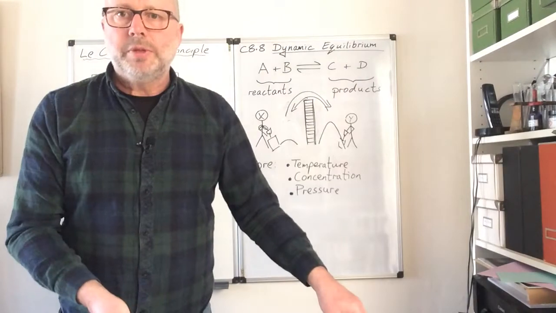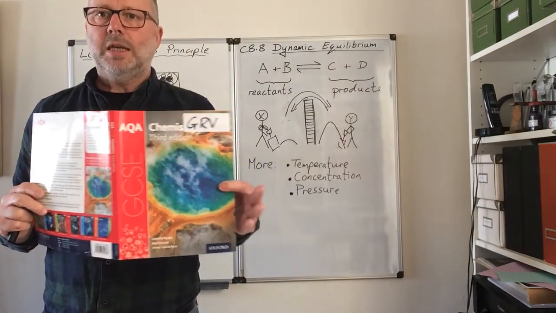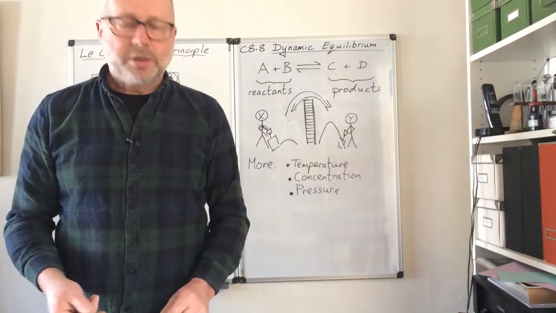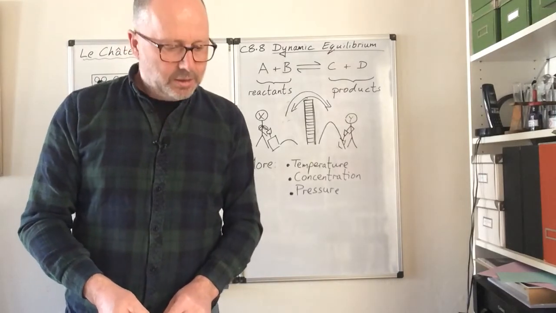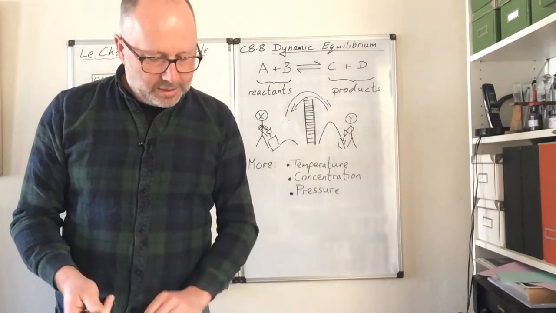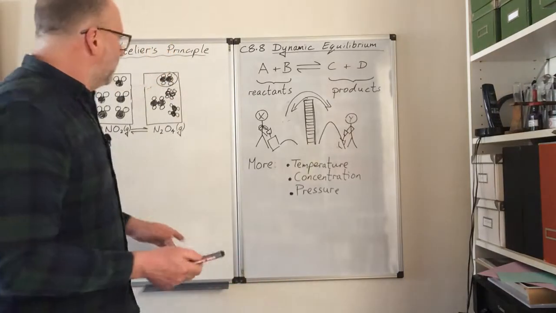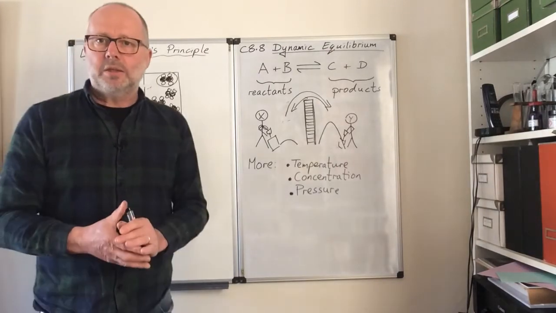Now, as with all of these things, I'm basing them on your AQA GCSE chemistry book, which you have access to on the Caboodle website. And we have been looking at topics C8.8 and C8.9. Okay, so that's it. Yeah, well, I think I've covered that. So there will be more to come,